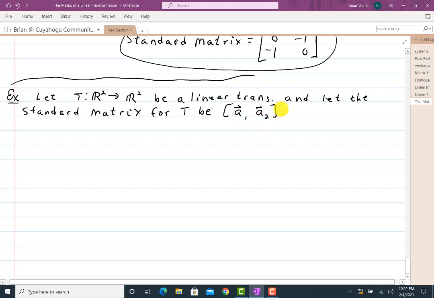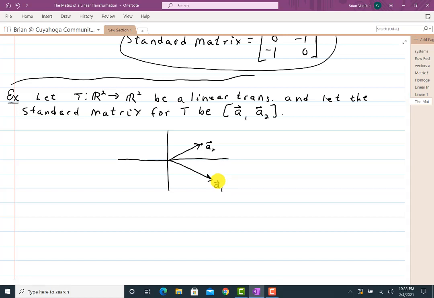Don't know what they are, but I'm going to show you a picture of them. And so what we have here, just a rough sketch, looks like the following. A2 will be the vector here. And then A1 points down this way. Of course, you don't have to be exact, but you should at least have a reasonable sketch when you do these things. What I want to do is sketch